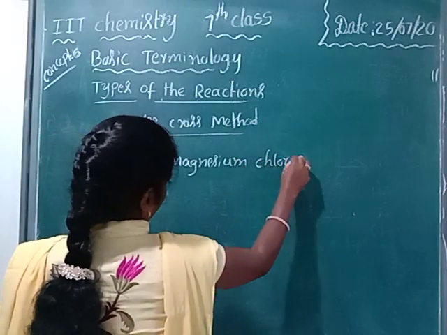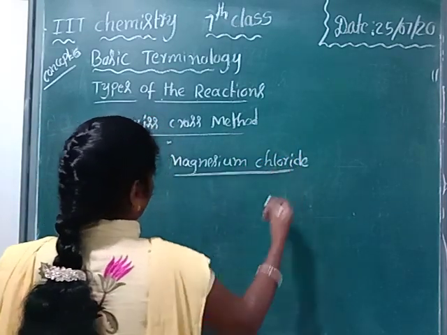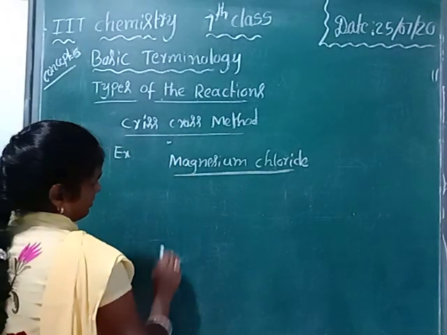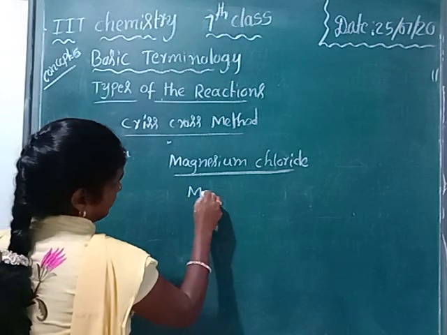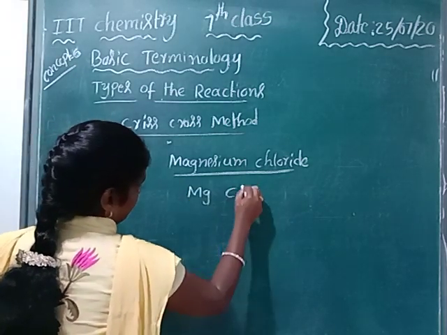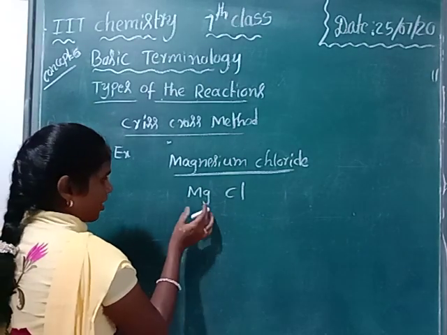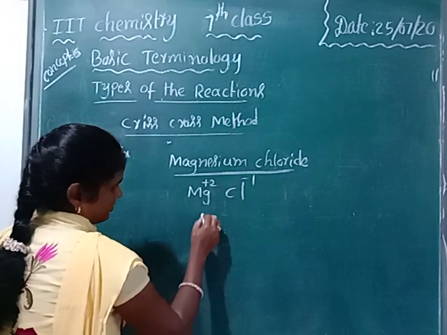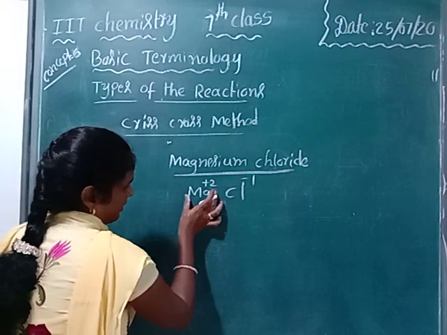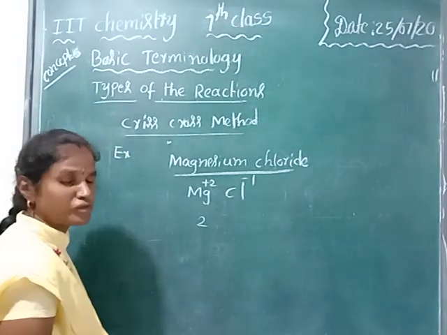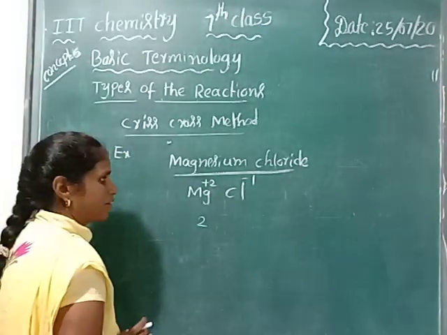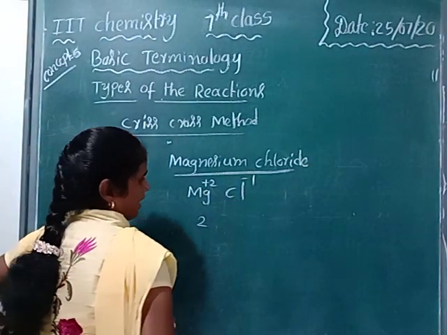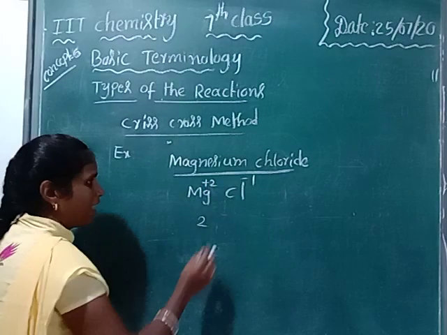chloride. In magnesium chloride, always do the criss-cross method. First we have to write the symbols of the elements. So magnesium, after that find the valencies. In magnesium the valency is plus 2, chlorine minus 1. So magnesium ion is a cation and chloride is an anion. Ions are divided into two types, cation and anion. A positively charged ion species is called a cation, and a negatively charged ion species is called an anion. So this compound has a cation and an anion.